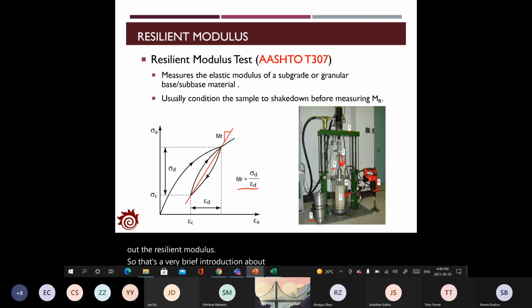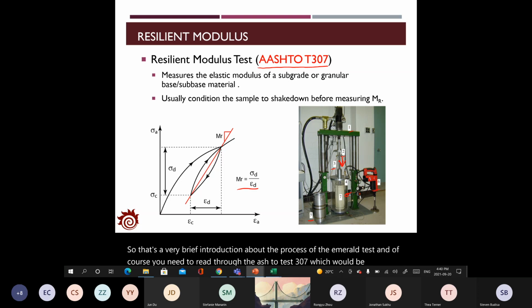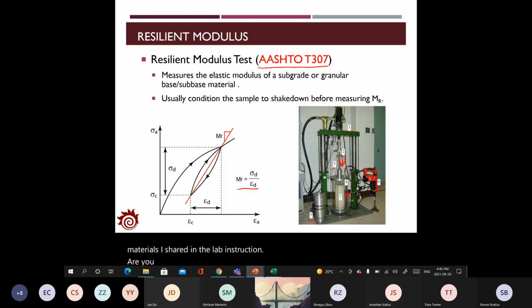So that's a very brief introduction about the process of the MR test, and of course you need to read through AASHTO test 307, which would be the materials I shared in the lab instruction. You have to read through this instruction to see the details about this experiment. And